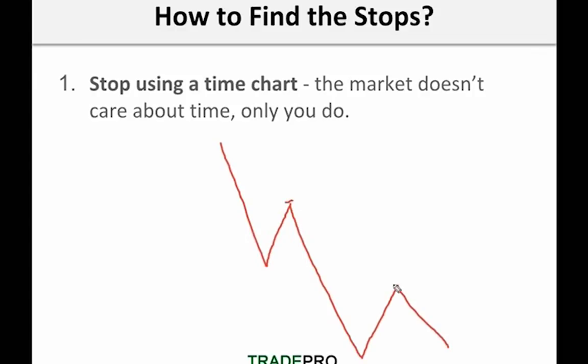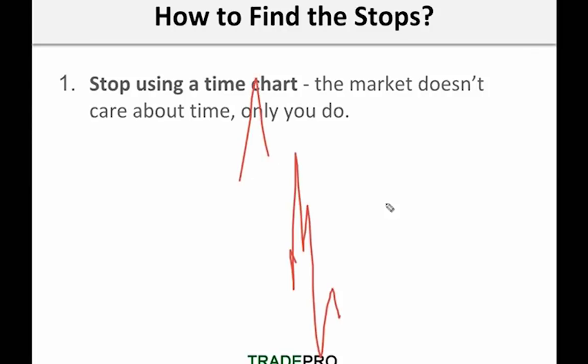There's different things to watch for, and there's different high opportunity, low risk entries when you know what to look at in a rotation. Your time chart will look very sloppy, where your rotation chart is clean in the exact same sequence. That's what it shows you. It eliminates chop and shows you the trend. So how to find the stops: if you ditch the time chart, it'll be much easier because you're going to see a clean trend.